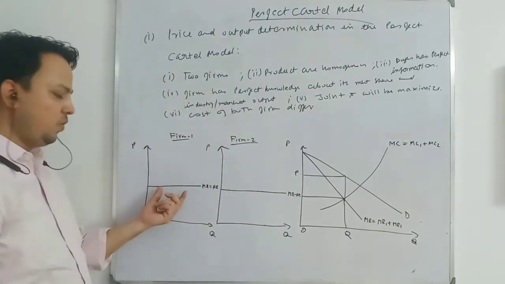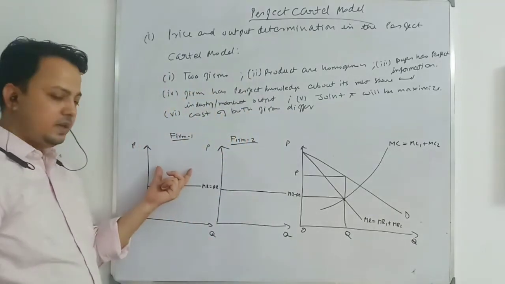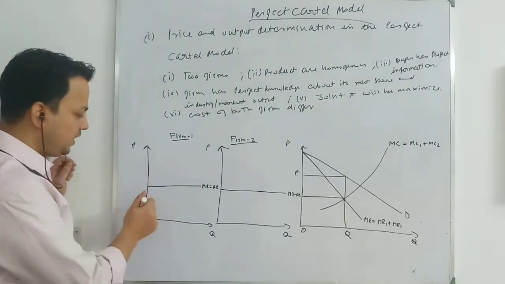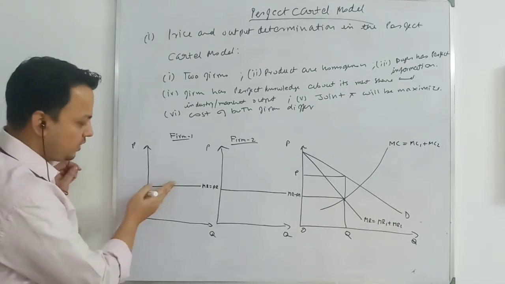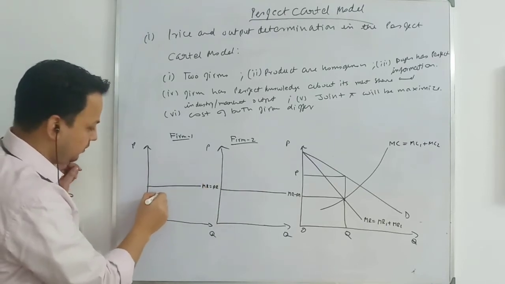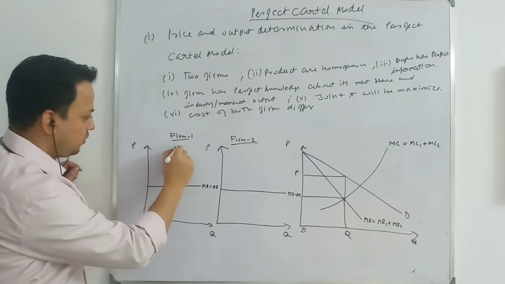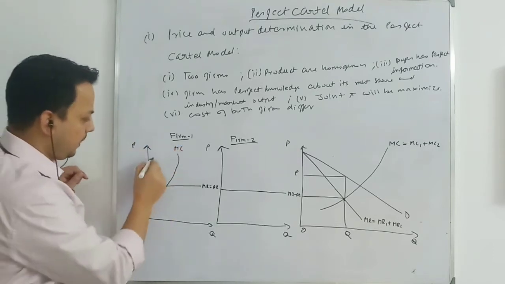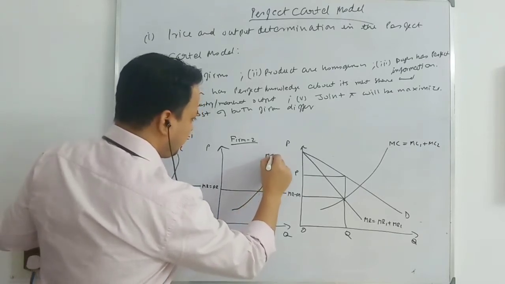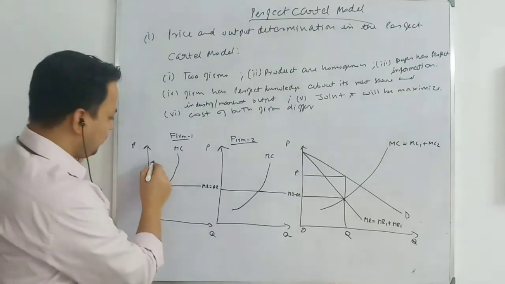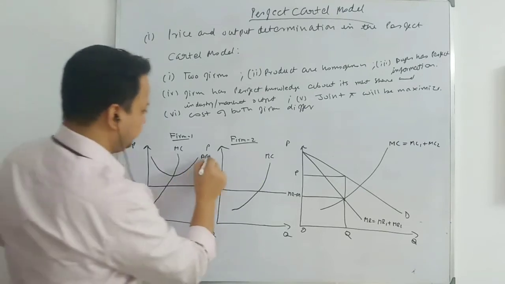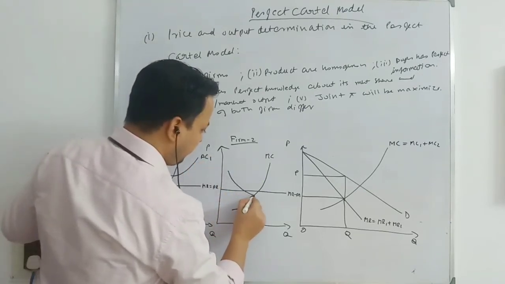For the first firm, what I am doing is that this firm will have a higher average cost than firm 2. So I will take the marginal cost such that the rising portion comes faster here than for this firm. Let me start from here. This is marginal cost for firm 1. Similarly, I draw the marginal cost for firm 2. Now I am drawing the average cost curve. This is average cost for firm 1, and this is average cost for firm 2. The minimum will come here, then it will go up.